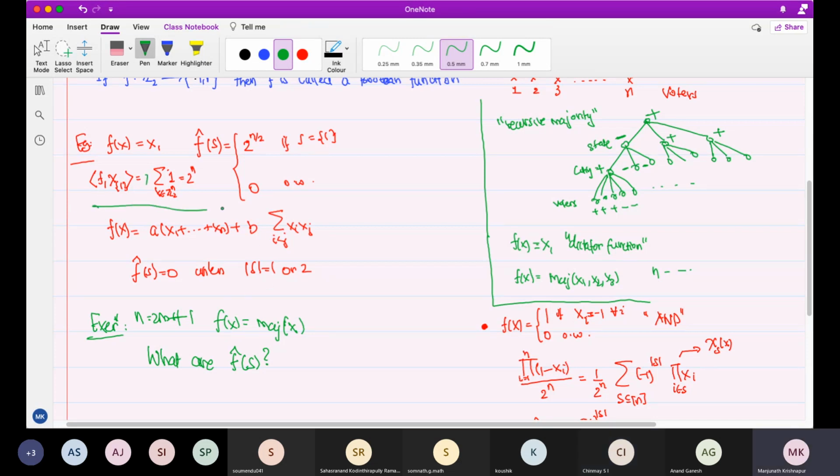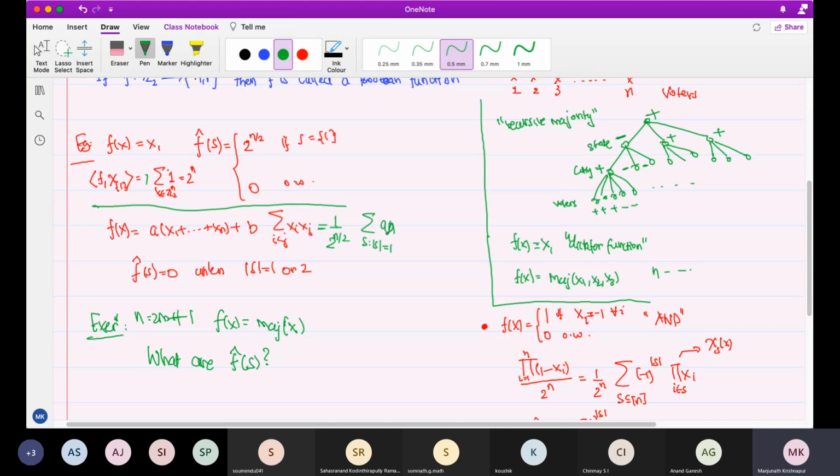So this is a polynomial: x1 plus up to xn, and b times the summation of xi xj, i less than j. I'm just saying that this is already in the form, already expanded. This is already the Fourier expansion more or less, except you just take the 1 by 2 to the n by 2 sum over s with cardinality of s equal to 1,